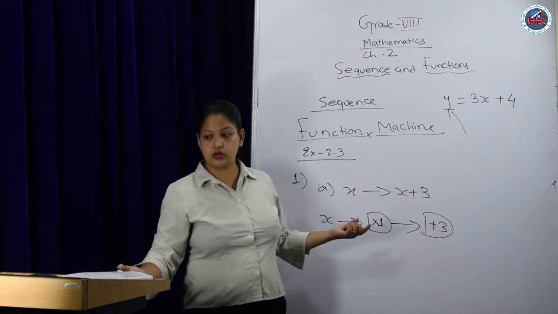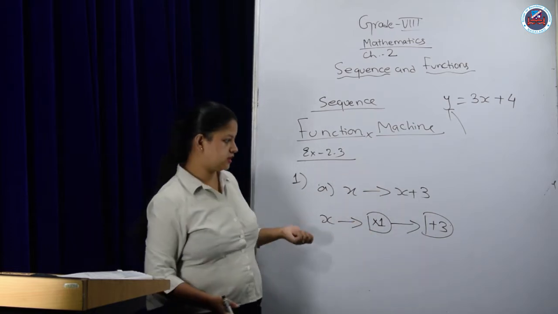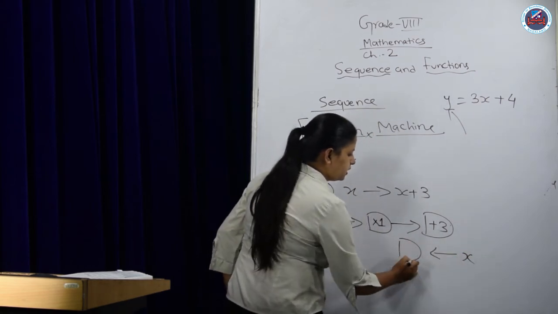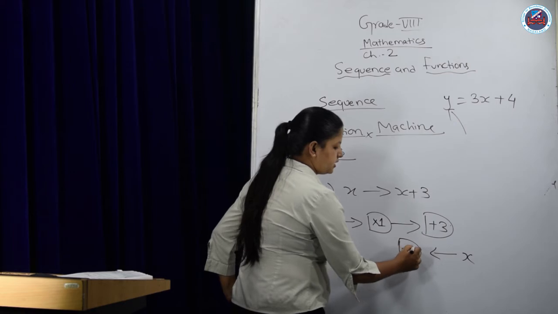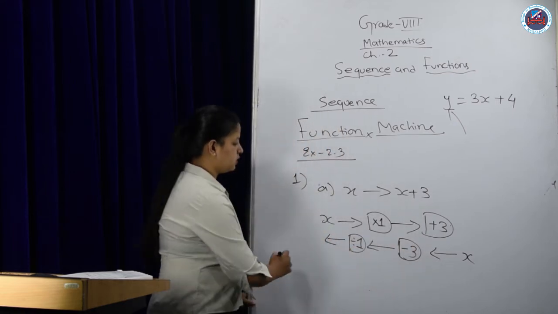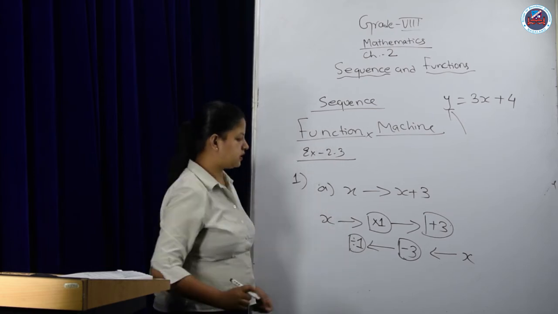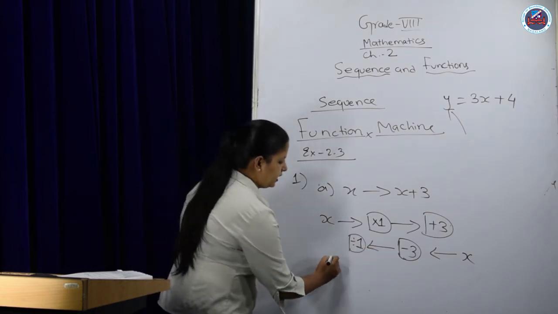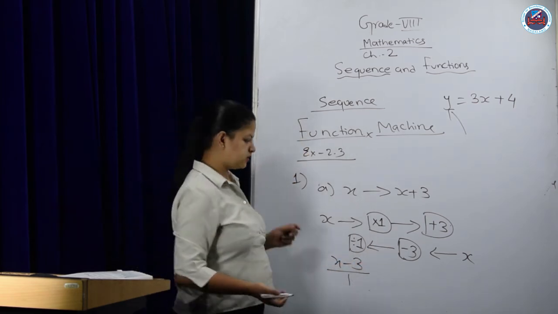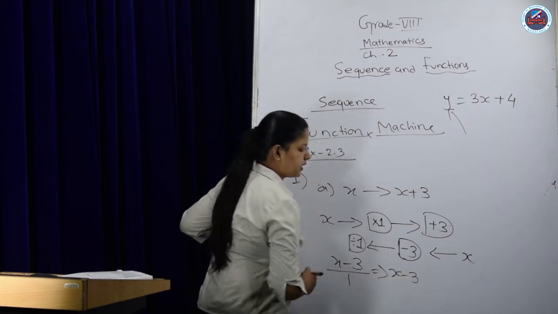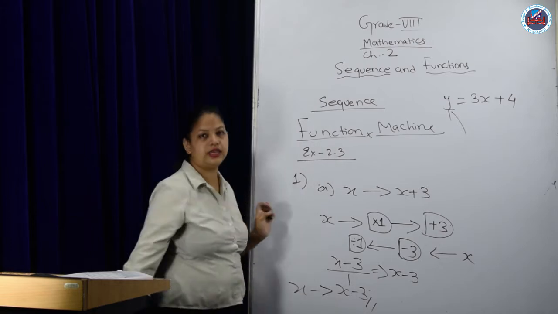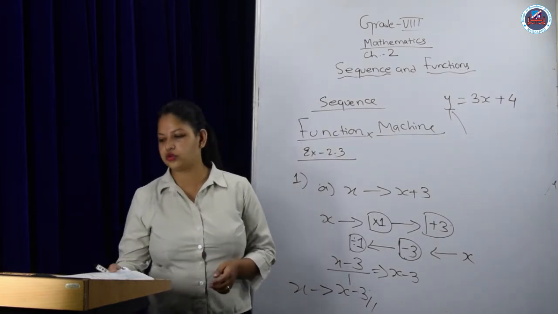Now next. Now this is for the normal workout. Now your question is inverse. For inverse, x is reversed, plus 3 is minus 3, further reversed, divided by 1 will give you the mapping here. Now what is it basically for me? In x minus 3 divided by 1. Divided by 1 or not, no need to write. So basically you are getting the answer as x minus 3. So x is being mapped to x minus 3. That's it. Like this, please complete all the questions in there.